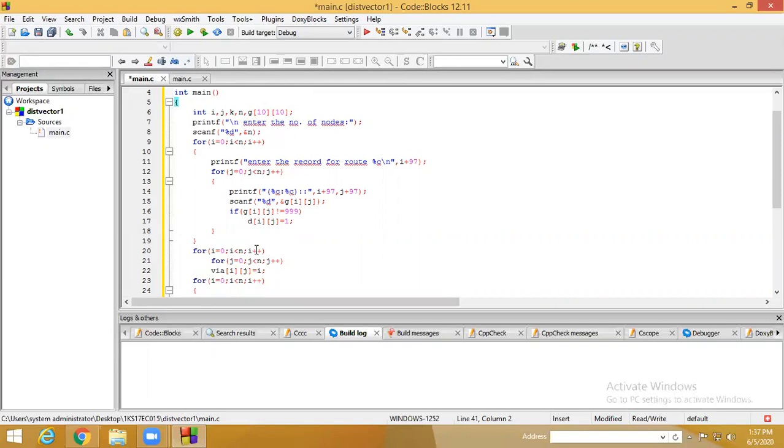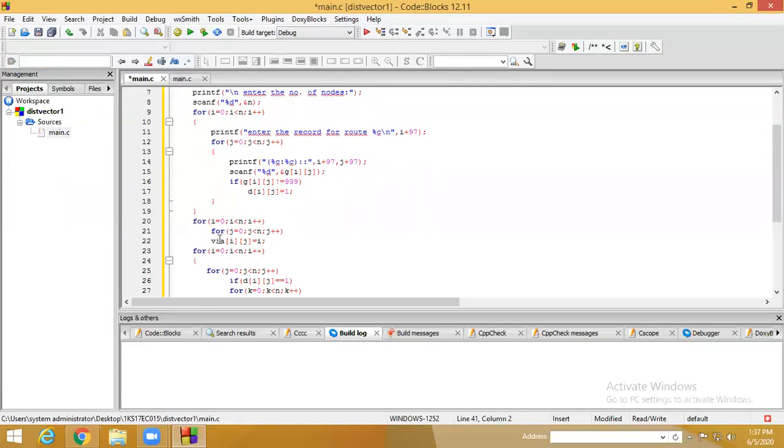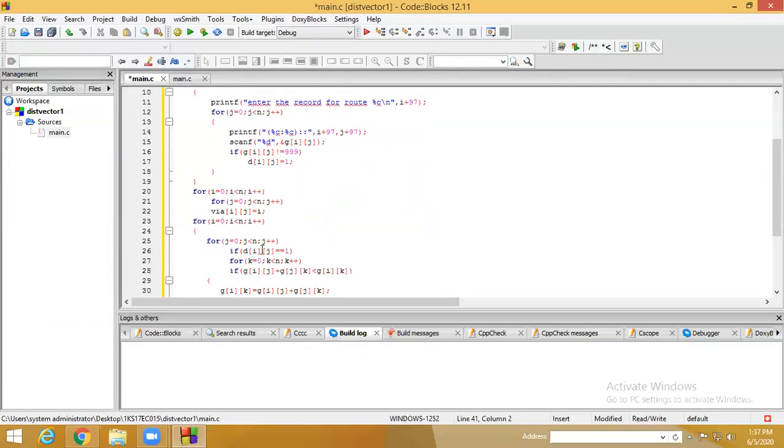So that is the other table which we have discussed earlier. The same thing it will perform using this for loop. So here, for i = 0, i < n, i++, it will check for a direct route, and if it is not found, calculate the shortest distance. If it is directly connected, it will find out that value, or if it is connected through some intermediate node, then that cost also should be added.